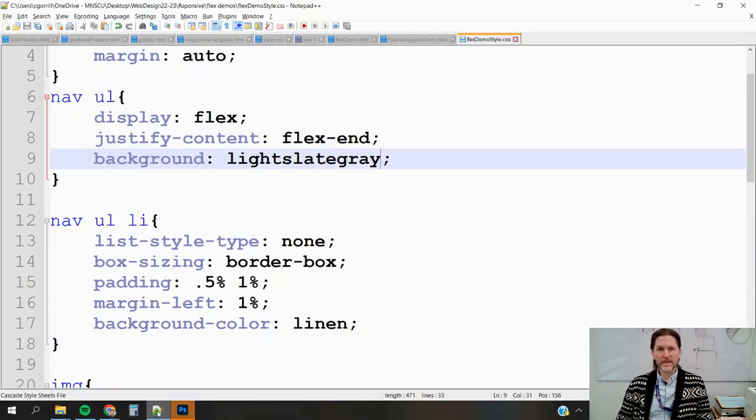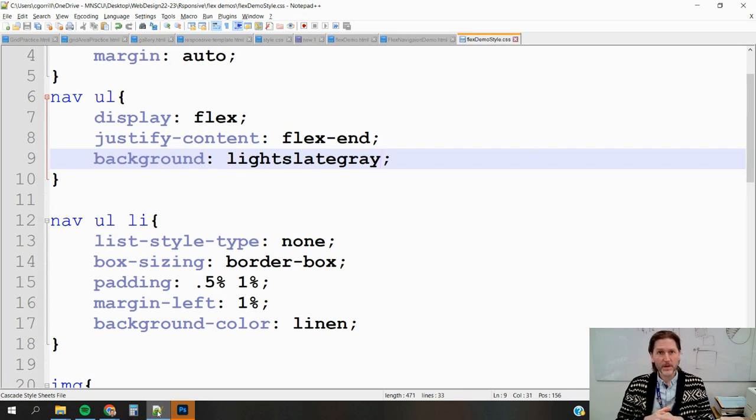Hey everyone, let's take a look at how we can create navigation using Flexbox. We're going to get more into this as we get into more responsive stuff like media queries later on, and we're going to use something like this, but I'm going to show you how to set something up that's responsive ready. In the past, we've done horizontal and vertical navigation using nav, UL, and LI with links inside of the